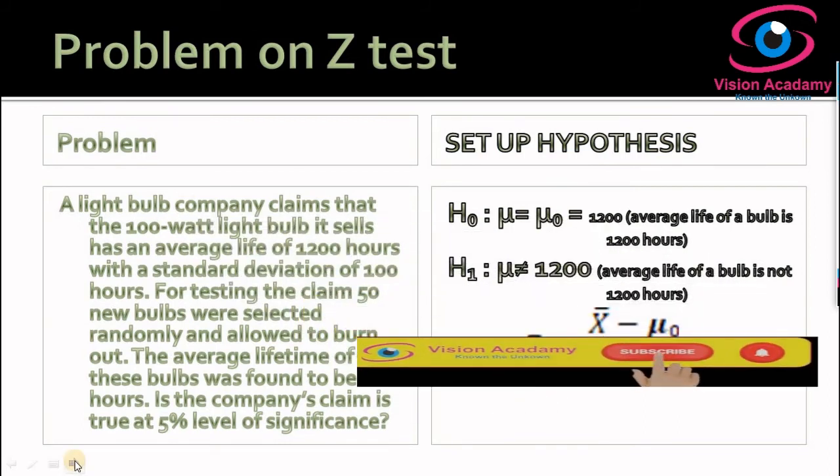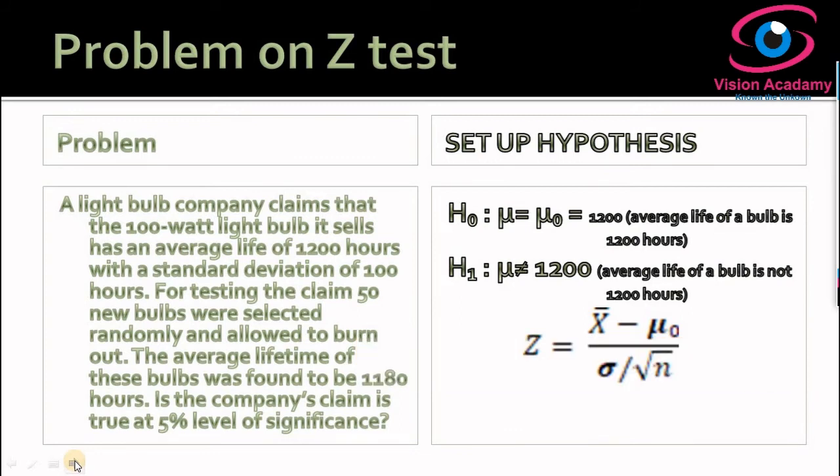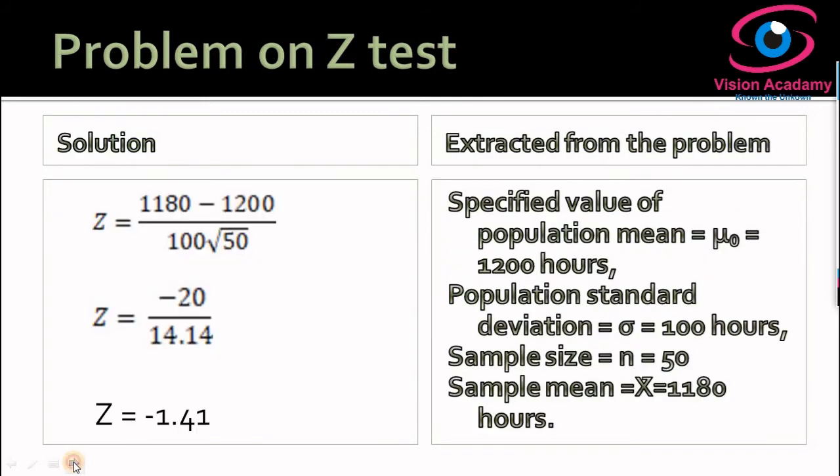So we set up the hypothesis, and also we decided the type of appropriate test, that is a z test, and we have to decide the level of significance. In the problem itself, they have asked for 5% level of significance. So now we can test the statistics. This is x bar, the sample mean. The sample mean is 1180 and the population mean is 1200. That's the population mean I have considered, and they have directly given the standard deviation. Standard deviation is 100 hours, and the sample size is 50, which is put under the root.